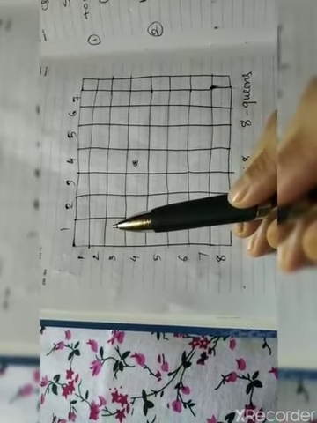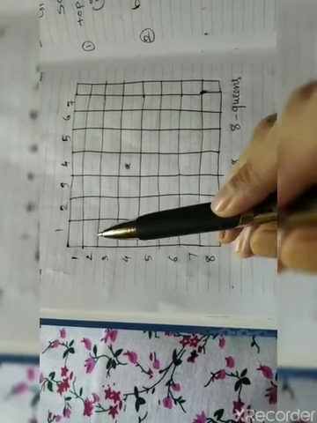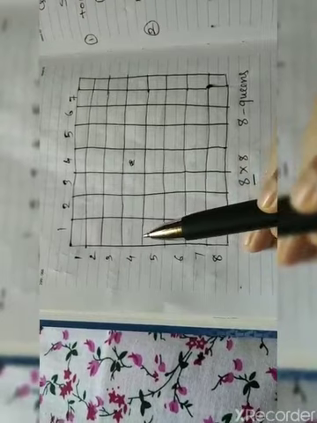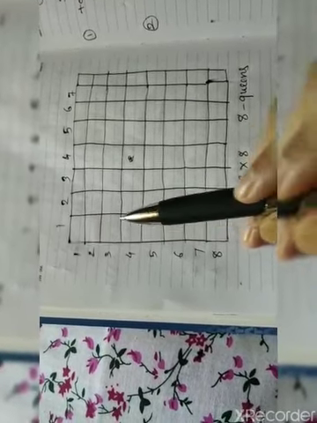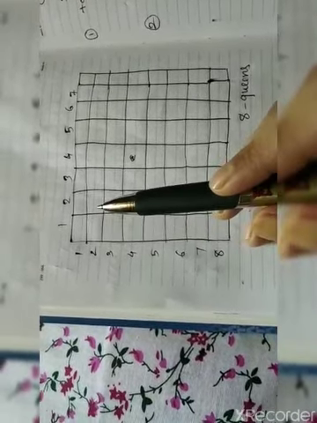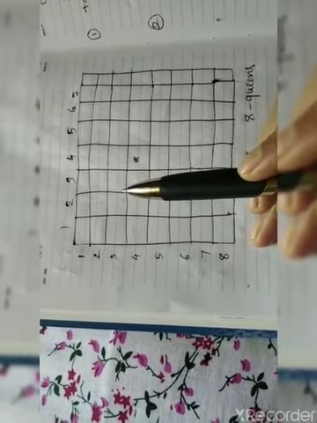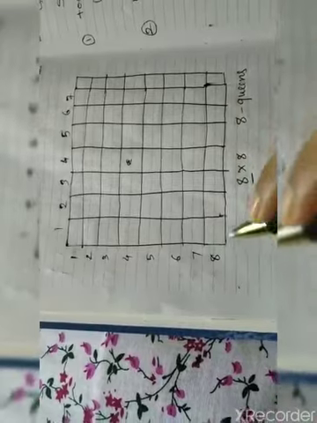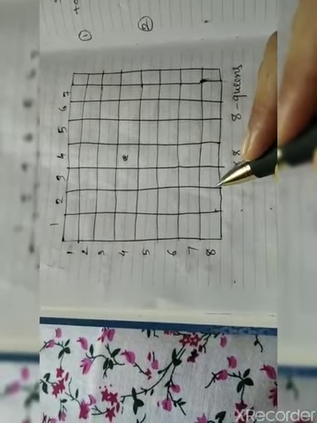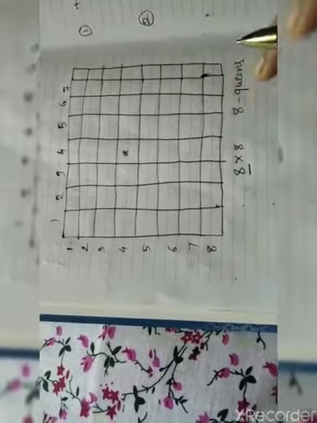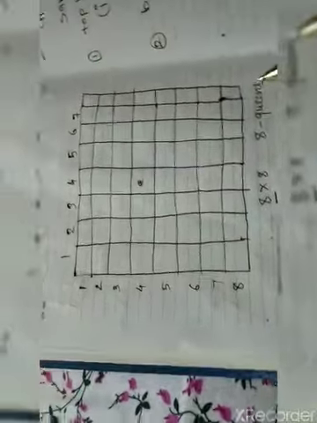Now there are two more things left. One is how you are going to avoid that the queen will be placed in the same column, and that the queen will not be placed in the same diagonal of a previously placed queen. So here we are going to discuss how to avoid placing a queen in the same diagonal. For that, let us understand the logic.